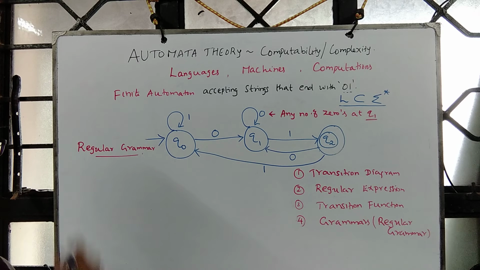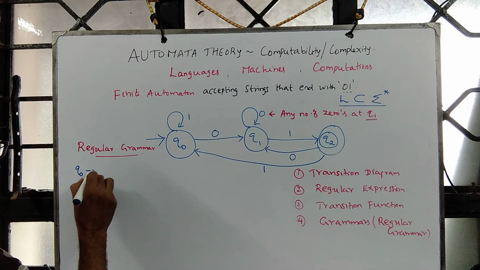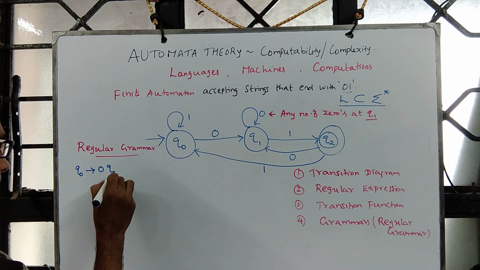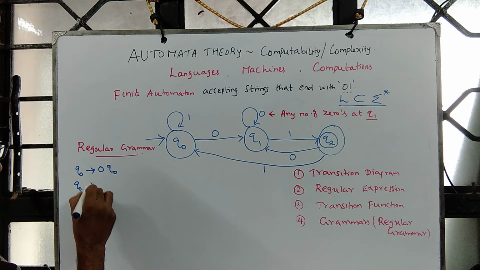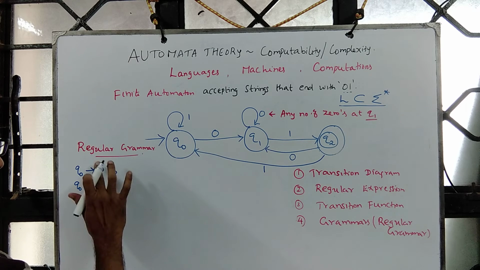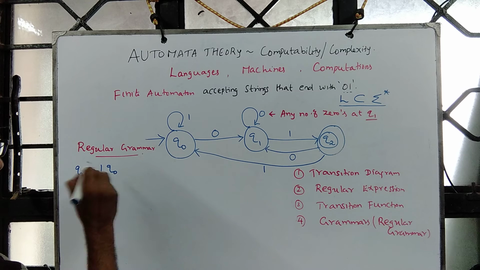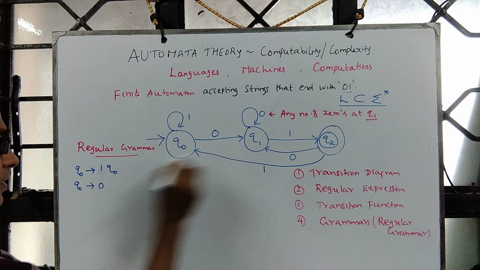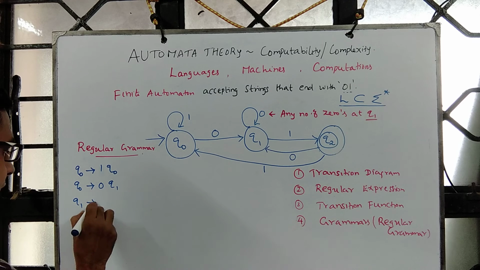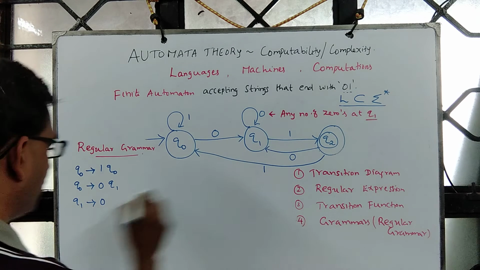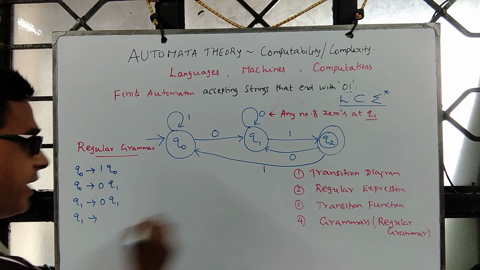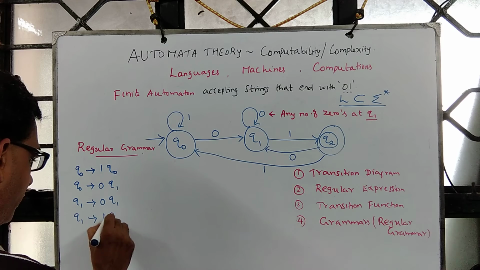So we say q0 implies 0 q0, q0 implies 1 q0, q0 implies 0 q1, and q1 implies 0 q1, and q1 implies 1 q2,